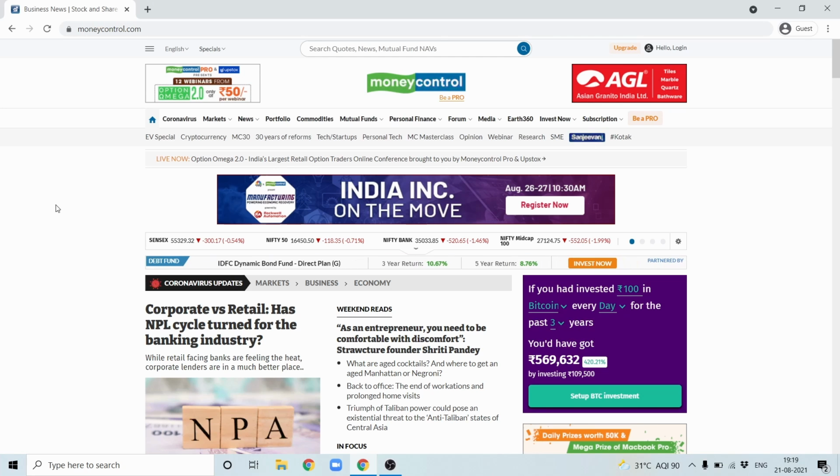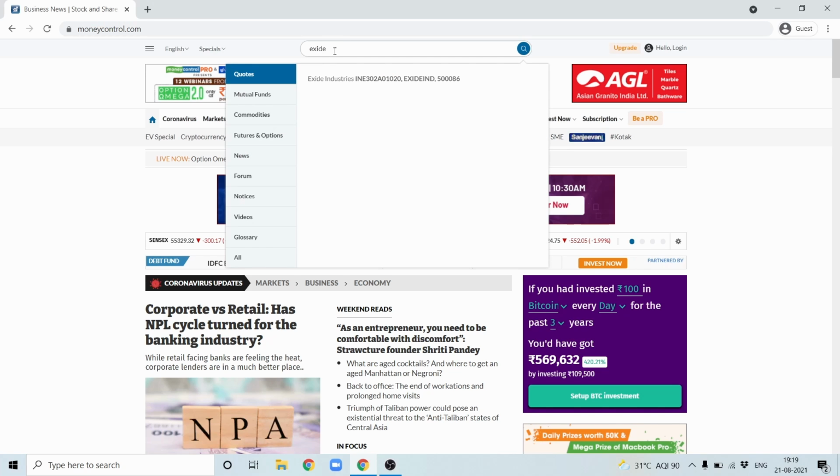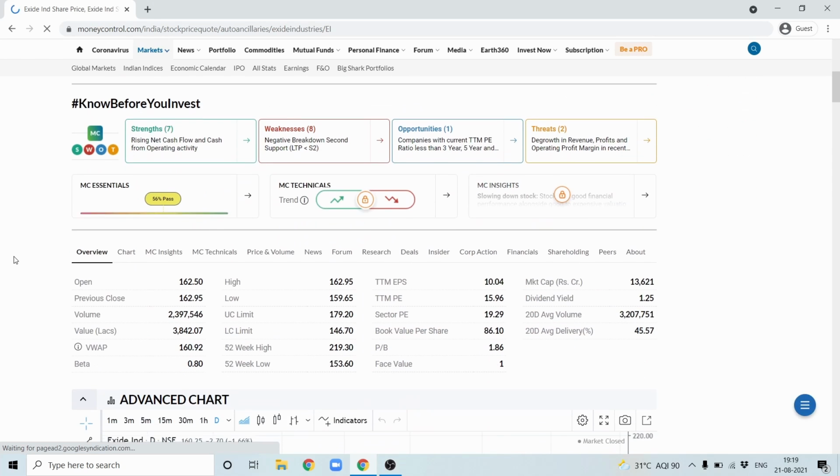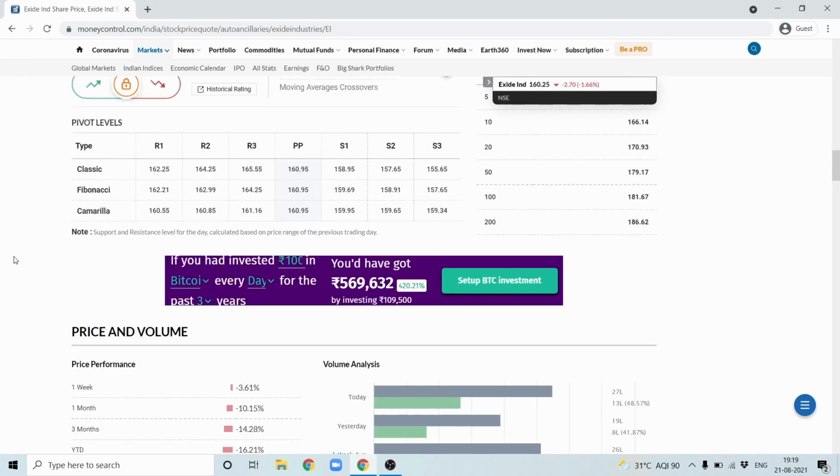I am showing you a basic way of how to find a company's fundamentals. You have to just go to moneycontrol.com. This is one example. You can find the company. I'm just giving Exide Industries as an example. Okay, so once you click here, you'll have to scroll down and there will be something which is called